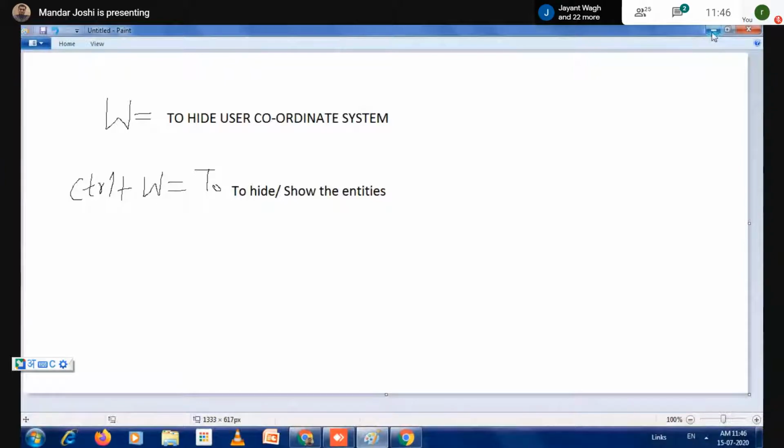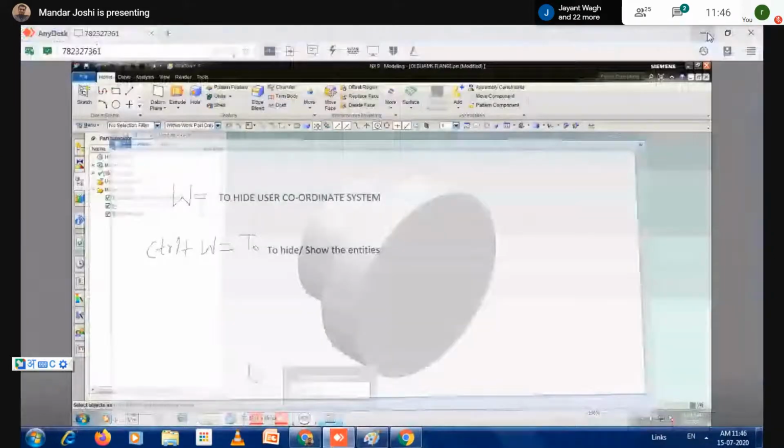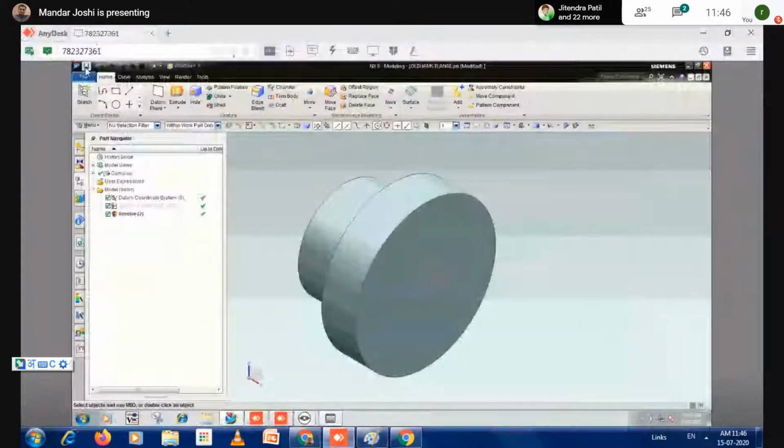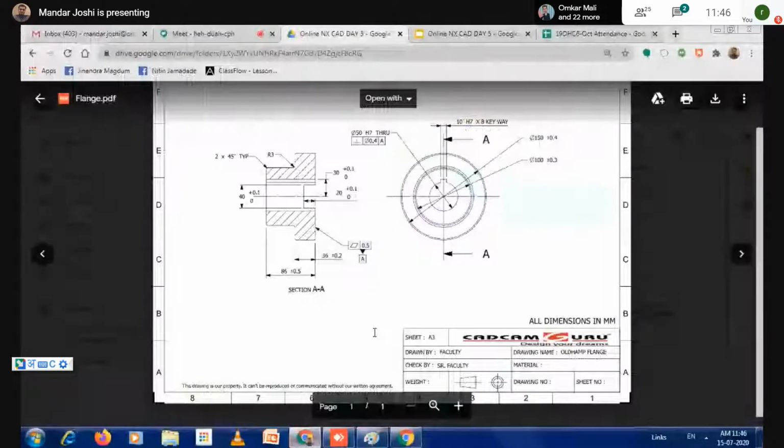After that, the model is created. I just store the file using the save option, Control S. The next step. What you observe, the next feature here, is a centered hole. Correct?